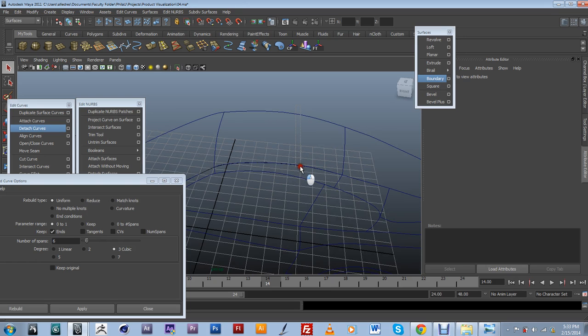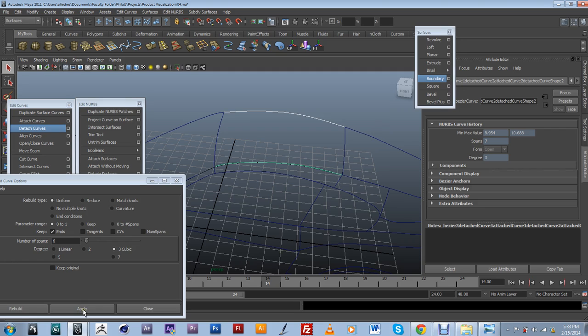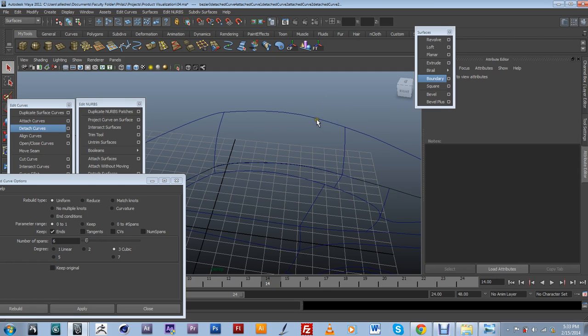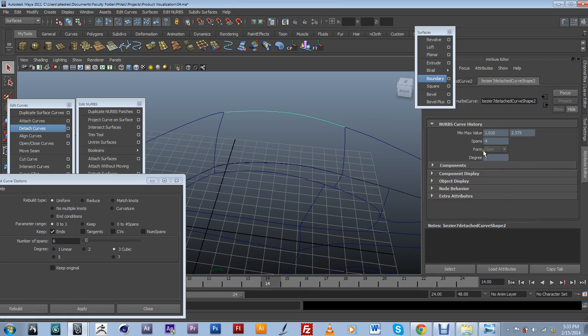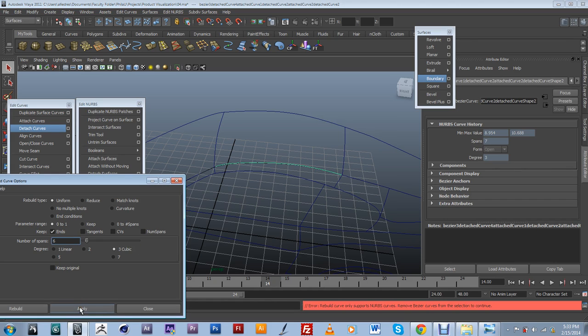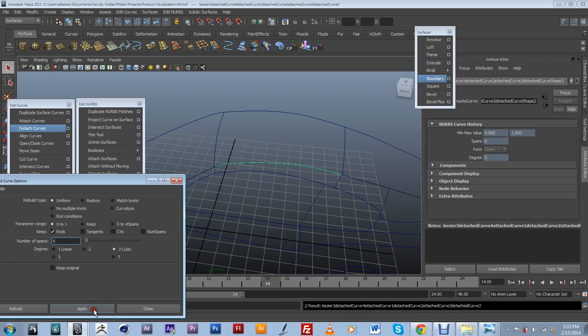So I'm going to select these two, and I'm just going to go ahead and apply this. Alright, and they both now have, this one didn't work, let's just go ahead and apply it again. So that one has 6, and this one still needs to be converted to a NURB, and now apply. So now it has 6,